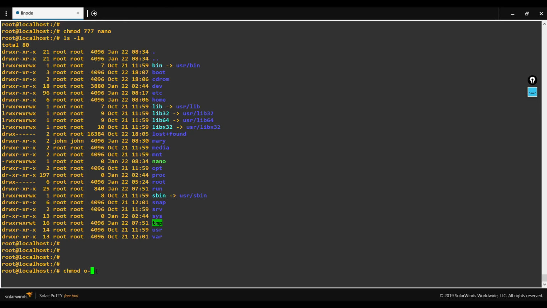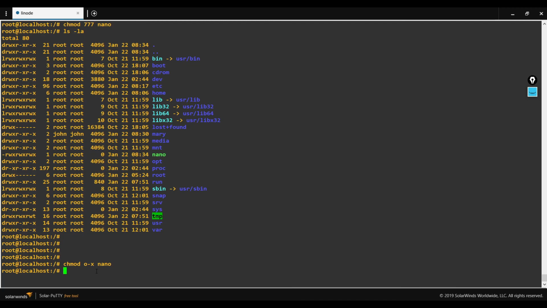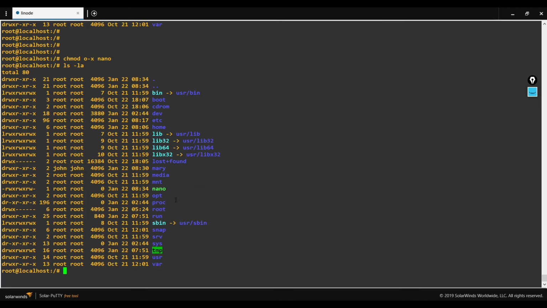So it removes a permission. I'm removing execute privilege. Now I have done that. The change has been applied. Now the other users don't have the execute access.